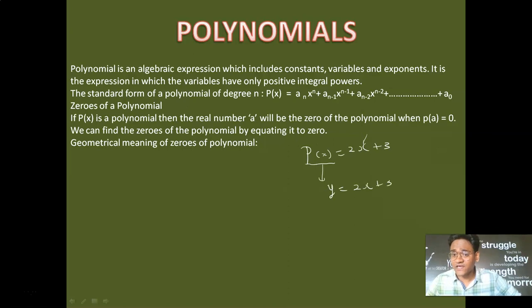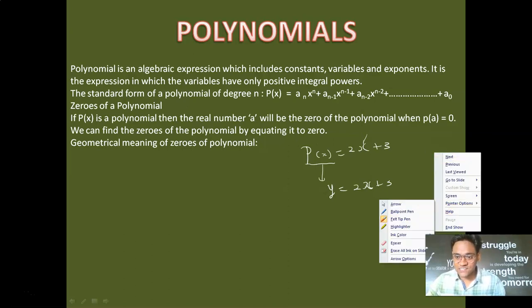If I draw the graph between x and y, guaranteed I will get a straight line, because this is nothing but a linear equation in two variables. So this will be known as the graph of the polynomial. Clear, students? The graph of a linear polynomial is going to be a straight line. And when the polynomial is quadratic, what shape are we going to get in the graph? And when the polynomial is cubic, that is going to be our discussion. So let's move further.